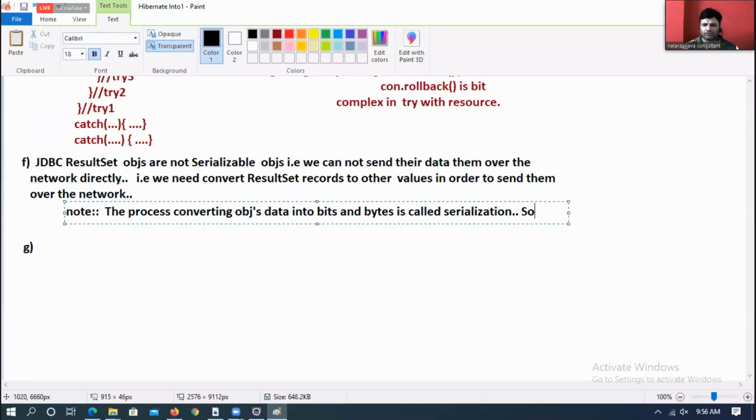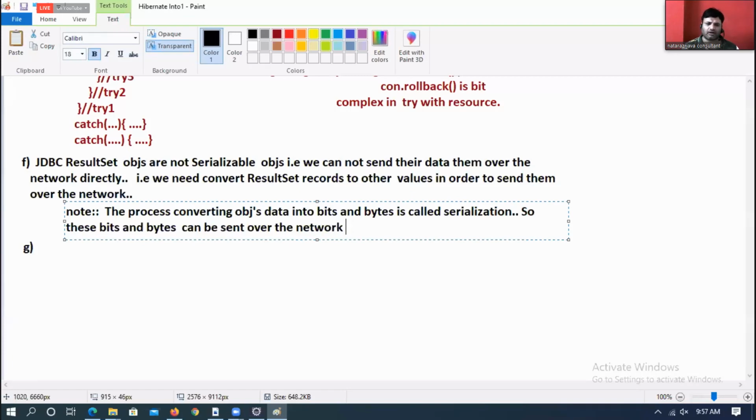These bits and bytes can be sent over the network or to a file.